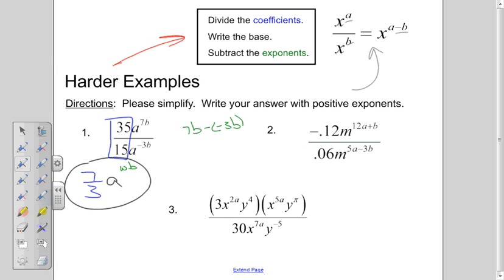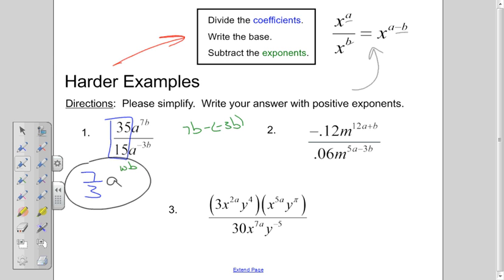Now, I'm sure you're thrown off by the fact that the exponent here has a variable in it, but oh well, that's all it is. Okay? I've done the same exact steps. Okay, I know it jumps out and you say, oh, it looks different, but I'm not changing the rules in any way. Okay? So, let's take a look now at this next example, number 2, where it says negative 0.12